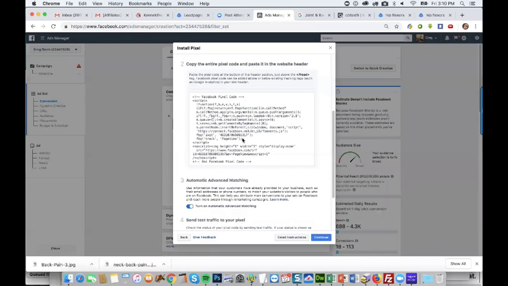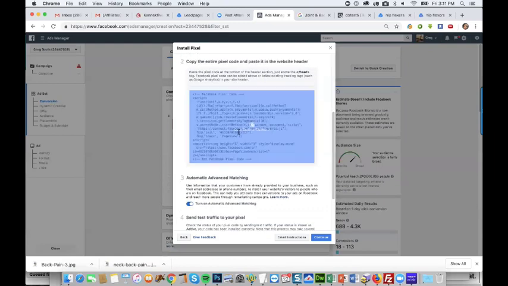Everybody that clicks on your ad and visits your site will get a cookie, and that's going to build an audience. So you can have an audience of people that have visited your page. They've already expressed enough interest to actually click, so then you can set up a remarketing campaign just to those people. But in order to build that audience, you got to have this pixel.